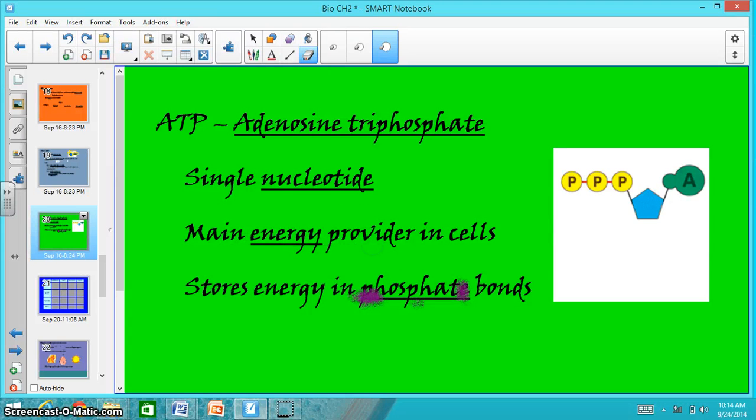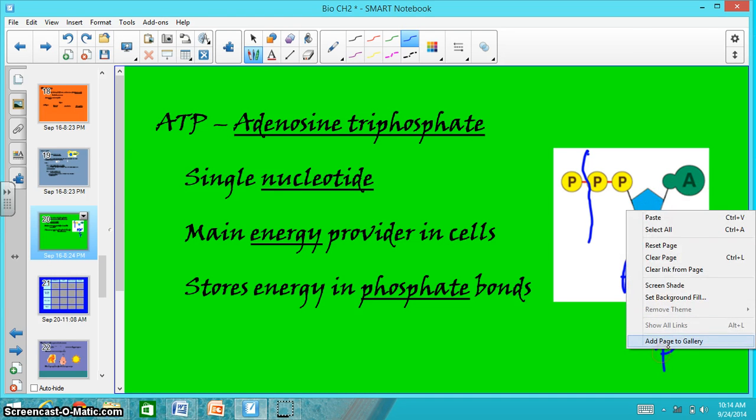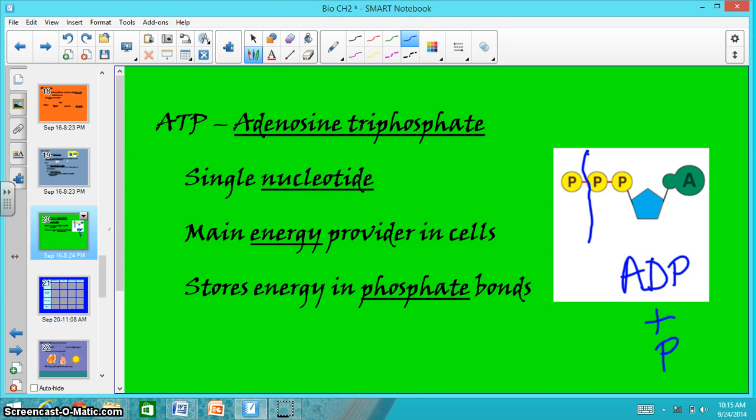As I said, it's the main energy provider in your cells, and it actually stores that energy in your phosphate bonds. In order to release that energy, it goes through a chemical process in which one of the phosphates is broken off. Okay, so that phosphate is released. We're left with something called ADP, which is short for adenosine diphosphate and a phosphate group. Okay, when that happens, when that breaks apart, that releases energy that's used to power every single process in your cell. So as I said, we will be talking about this